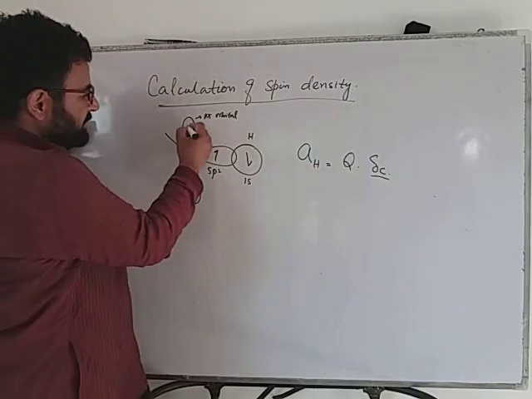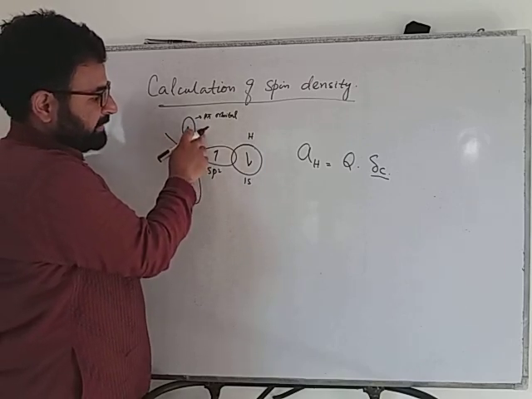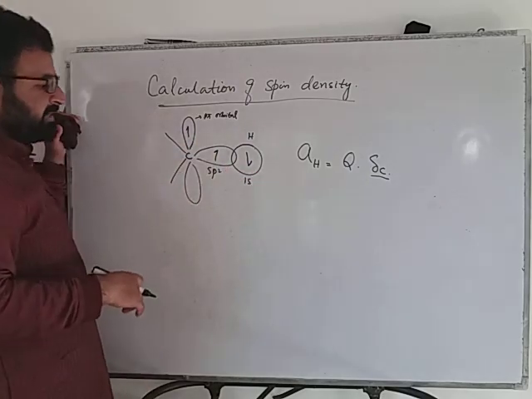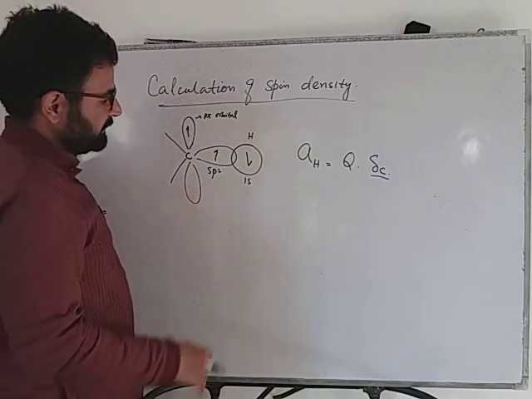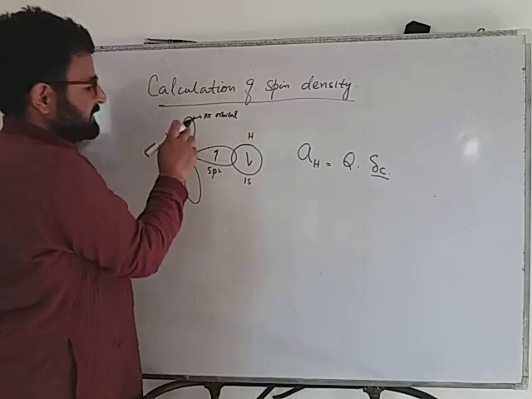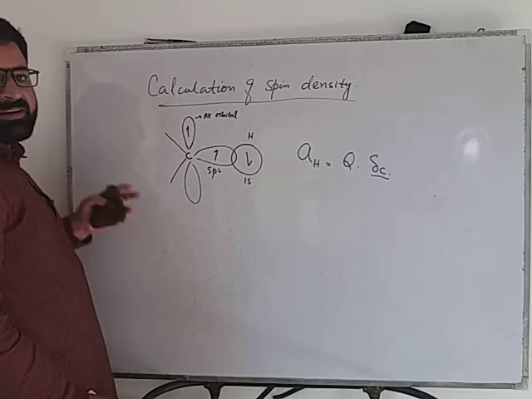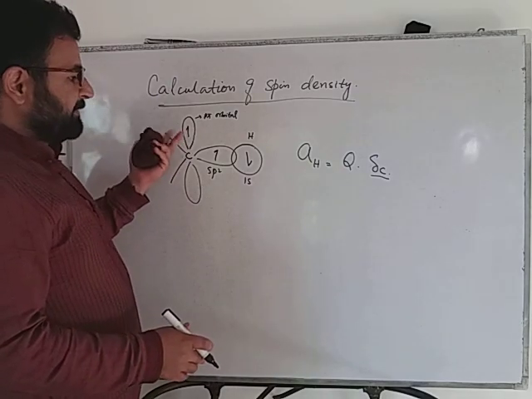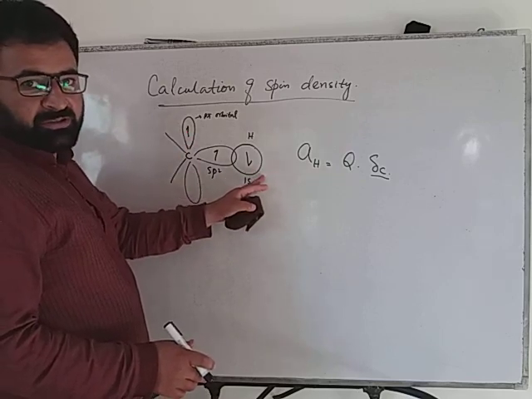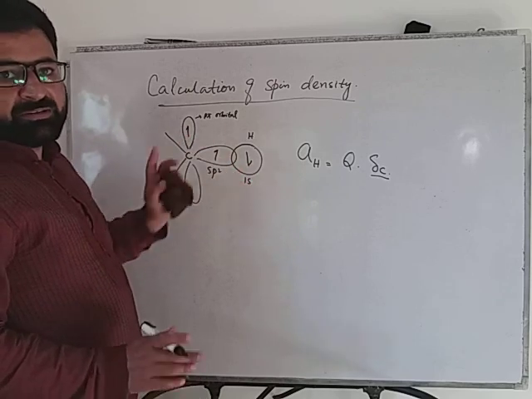It is because the spin of this p pi orbital actually determines, or influences, the spin of this hydrogen nucleus, as we already discussed in the spin polarization effect. So AH is directly proportional to ΔC. That means the spin density in the p pi orbital, whether it is upward or downward. Here it is upward, that means it will influence the spin density over this hydrogen nucleus. Okay, if it is upward, this will be downwards, and if it is downwards, it will be upwards.